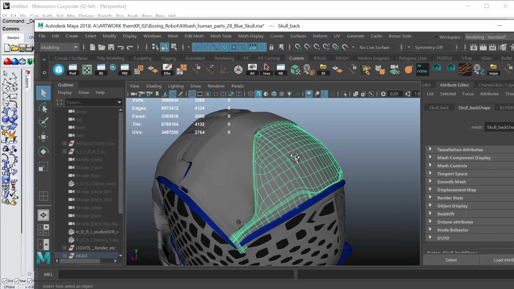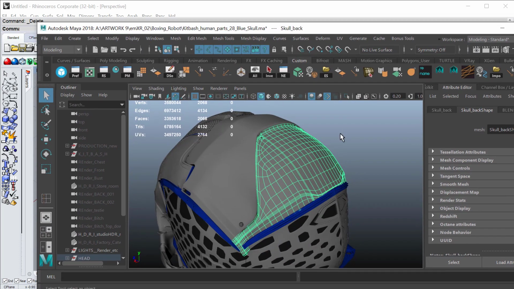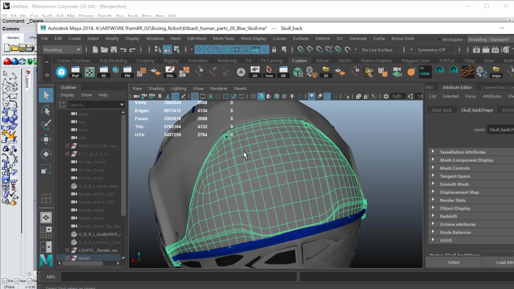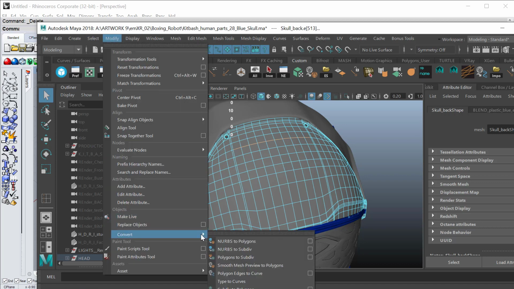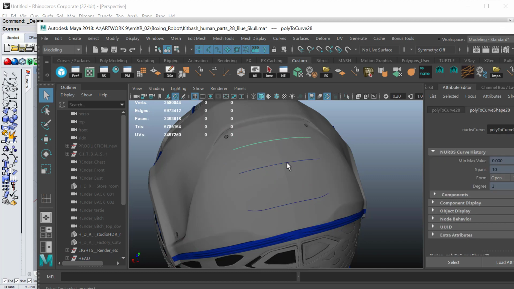So I need a surface to work with in Grasshopper and Rhino. To extract a surface, I'm just going to get some curves from this mesh. I'm going to select the edges, and in Maya I have to go to Modify, Convert, Polygon Edges to Curve, and I'm just going to make a couple of these to show you an example. So just push G to redo, G. Now I have 3 curves that I can use to make a surface in